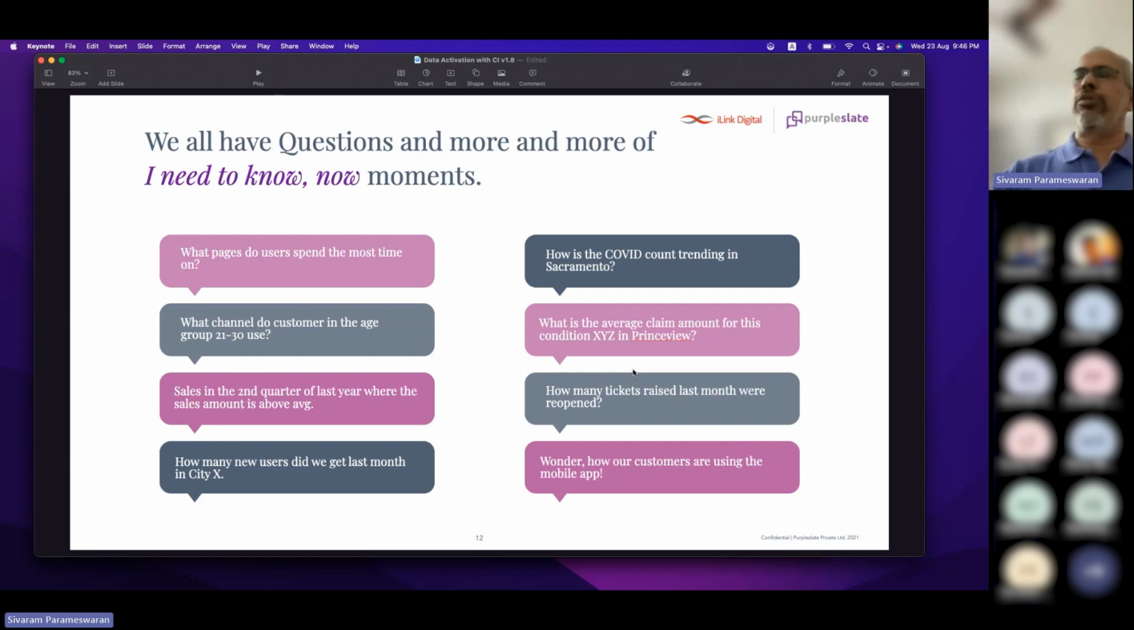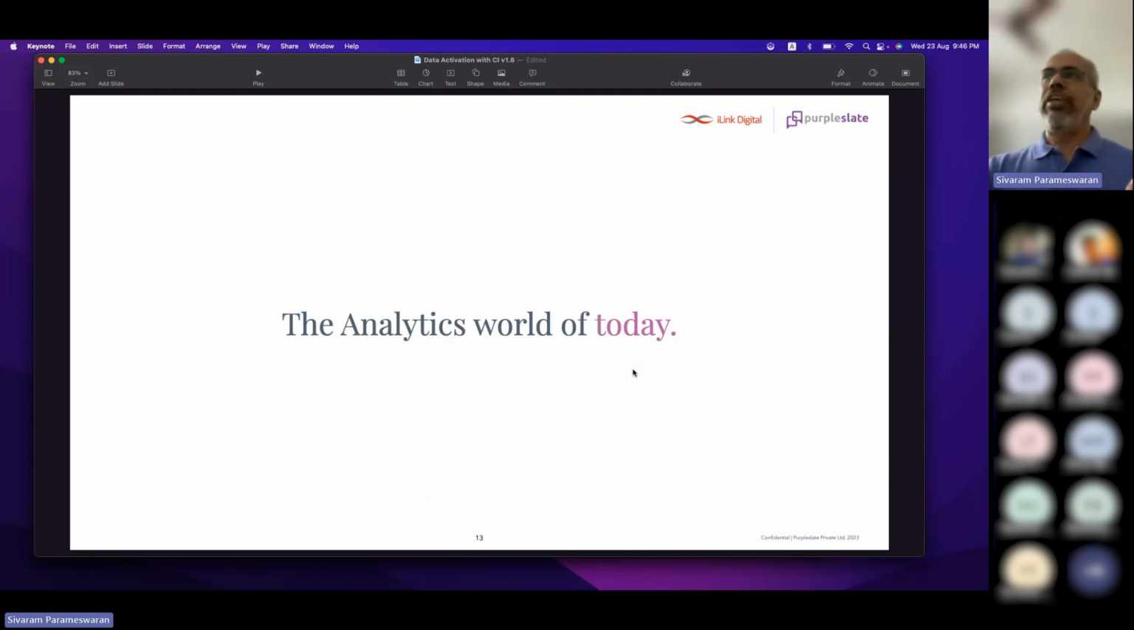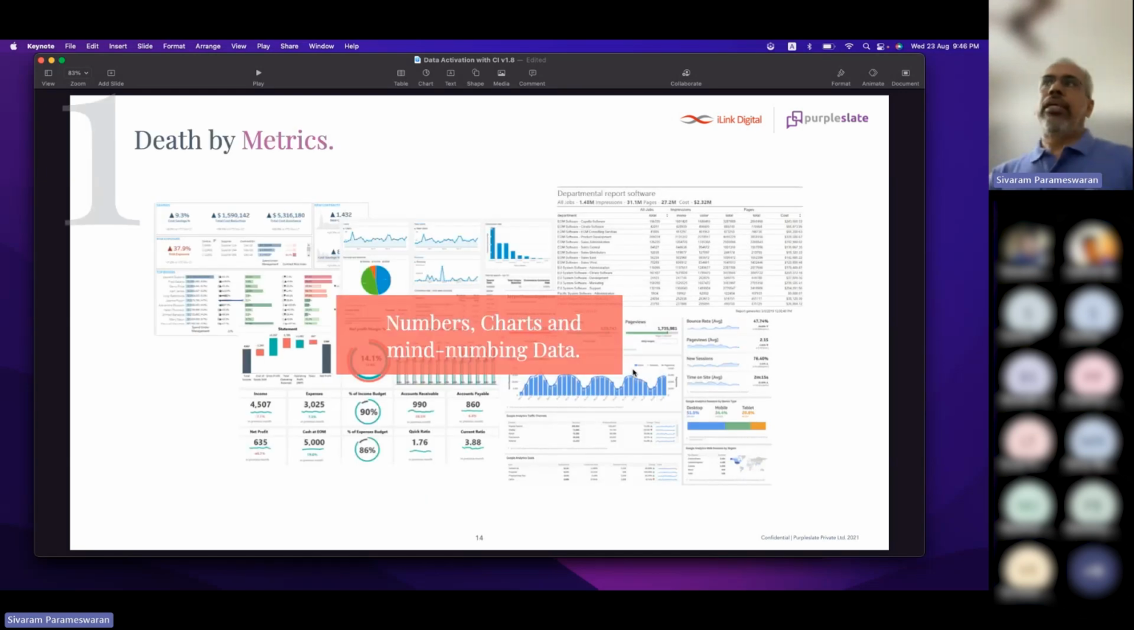So that's the whole idea behind trying to apply conversational AI related technologies to solve a problem like data analytics, right? So why are we even doing this? I think there are a few reasons. One is, many of you being in the BI world would be very much familiar with this. There is just way too much of what we call death by metrics, too many dashboards